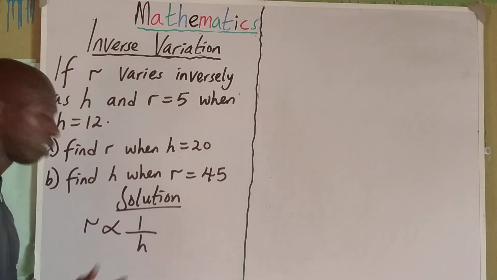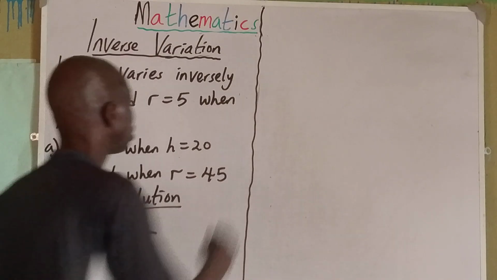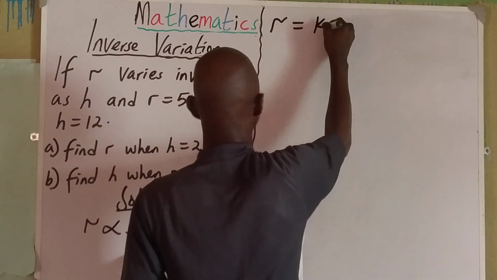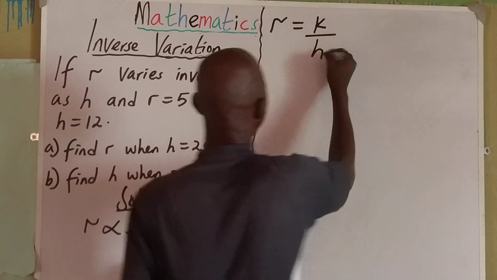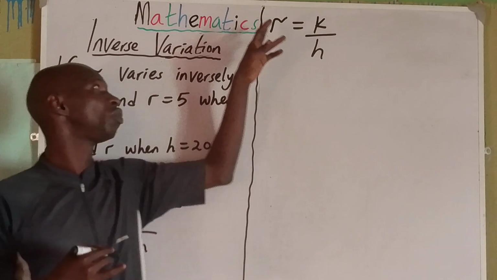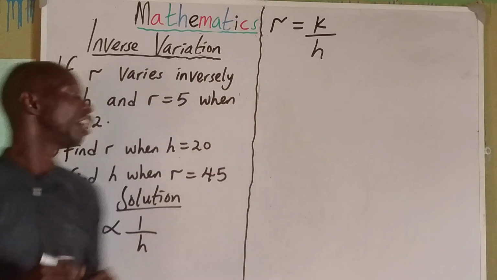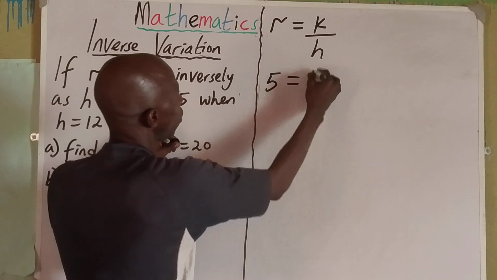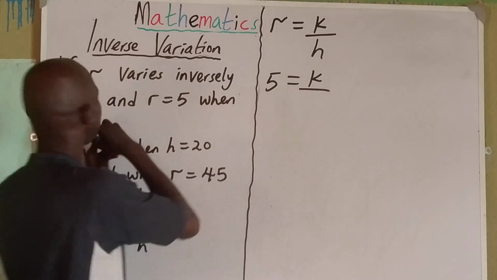Now before we move on, we need to introduce our constant. So I'll say R equals k over h. You see, I've introduced my constant, this k, which is telling us the relation between R and h. So I put in the value 5 for R, 5 here, k here, then my h is 12, I put